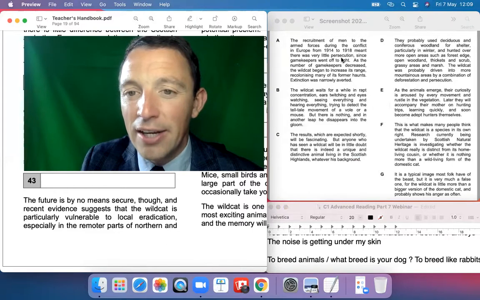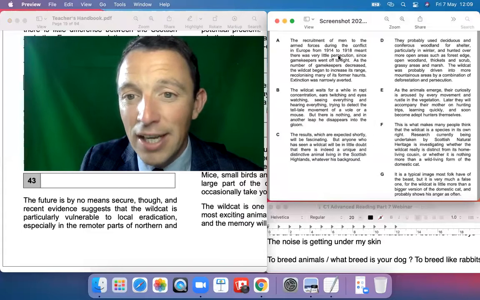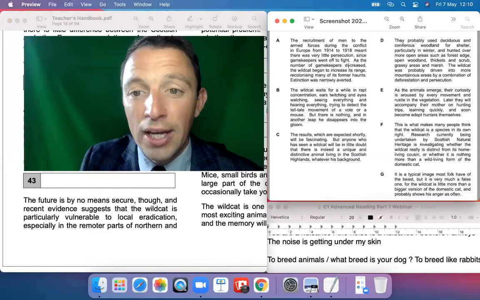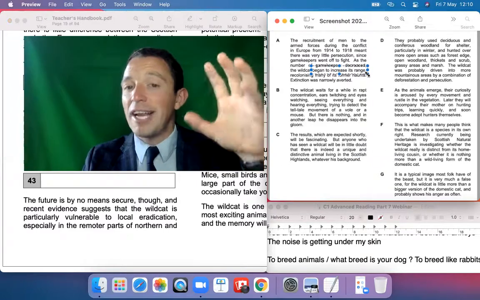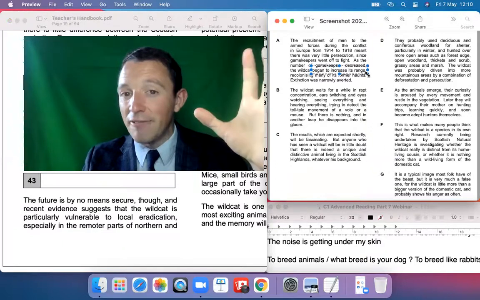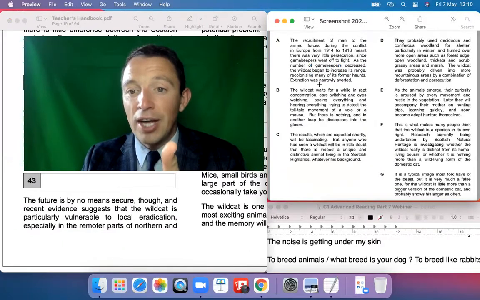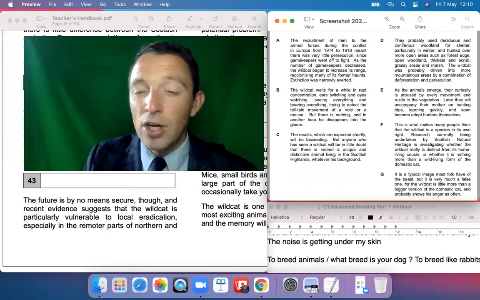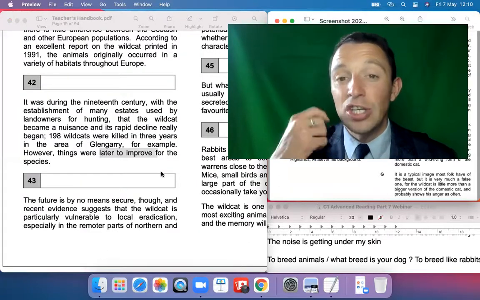And I think here A was the best answer because there was little persecution. The number of the wildcat began to increase its range. So obviously the previous paragraph was very negative, in decline, a lot of death, but things started to improve with the increase of its range, and extinction was narrowly averted. So I think A was the correct option for 43,